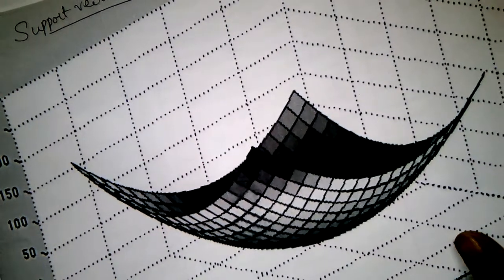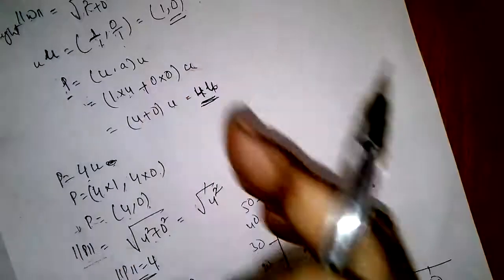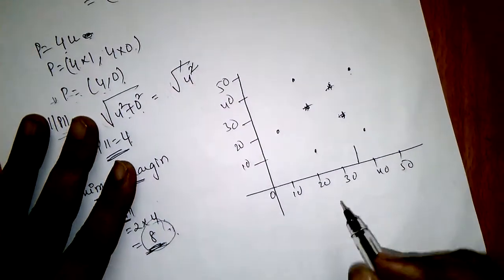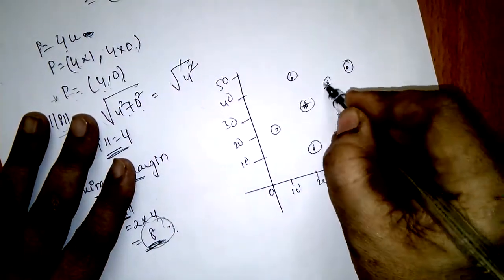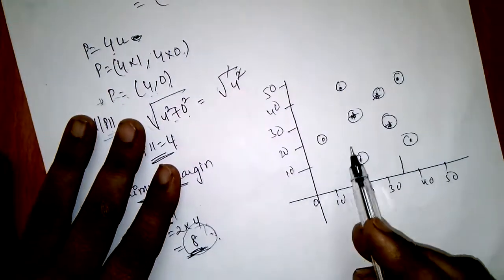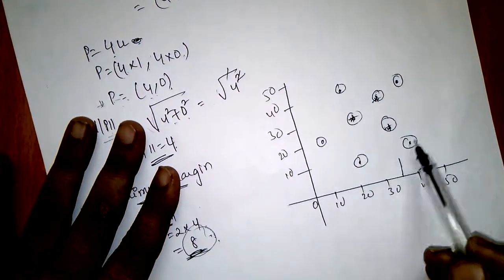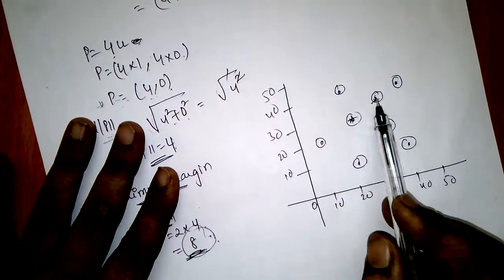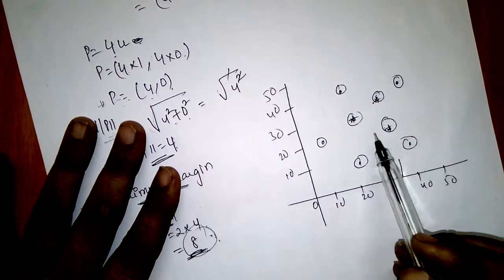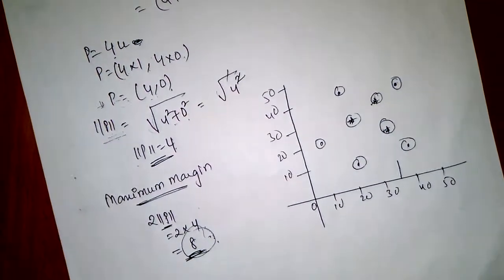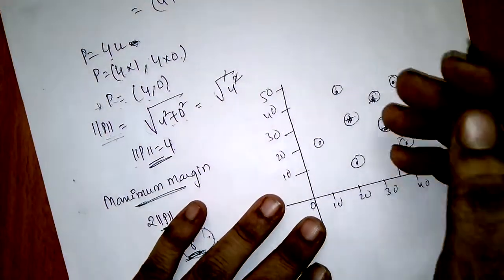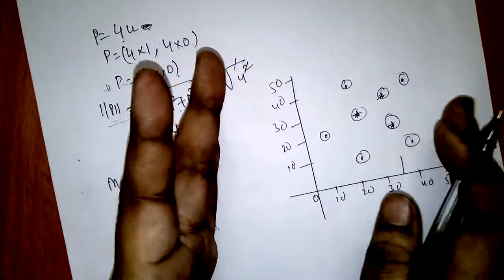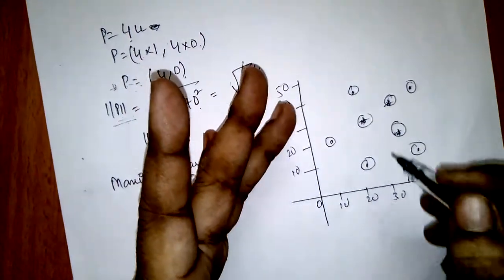Whereas in non-linear support vector machines, suppose this is an n-dimensional space and we have data like this. These are the vectors plotted on a graph. Here we have two types of classes: one represented with dots and the other with stars. Vectors means the input data values. Now, how can we make a separating hyperplane? Here it is not possible to make a linear hyperplane.